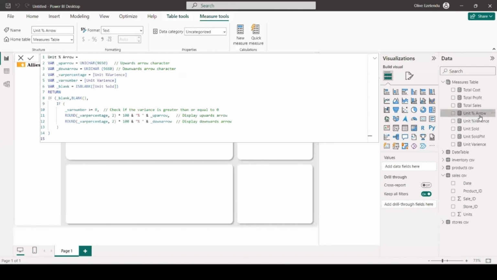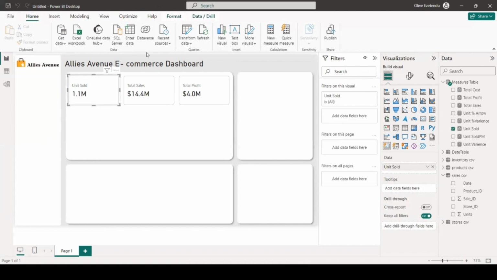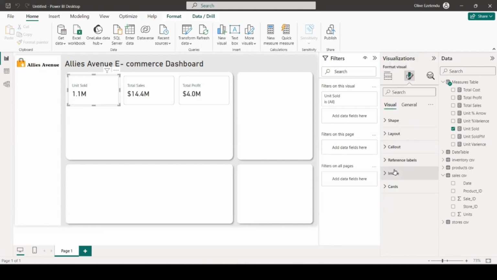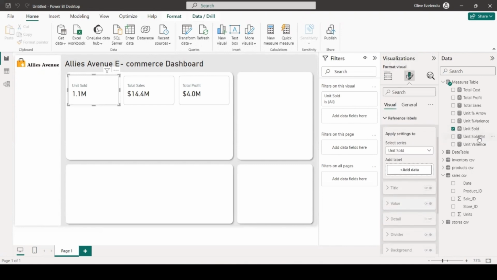And now this has entered. So these 5, or rather 4, that we created, we're also going to do that for the total profit and the total cost. Once we do that, we're good to go. Now we're going to hit on units sold, and we're going to come here. Let's go to reference label. Now we want to reference the previous month